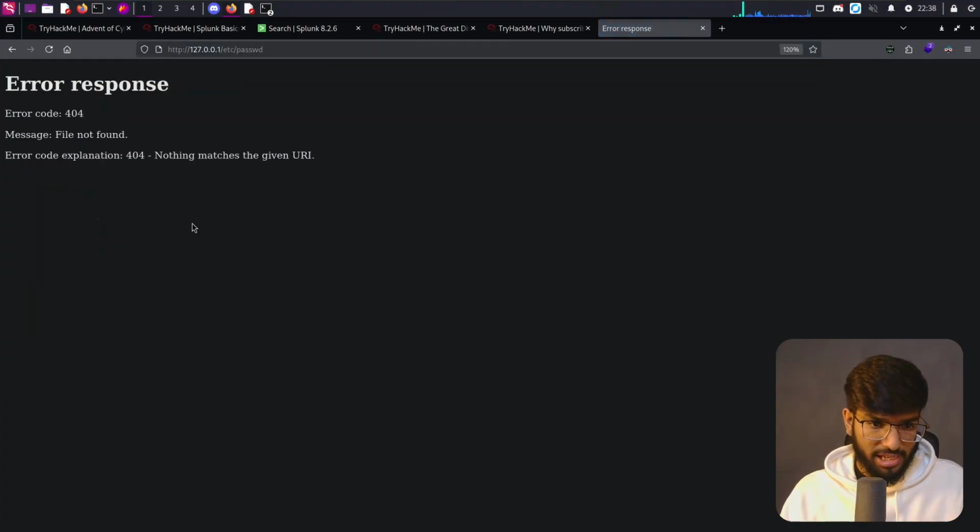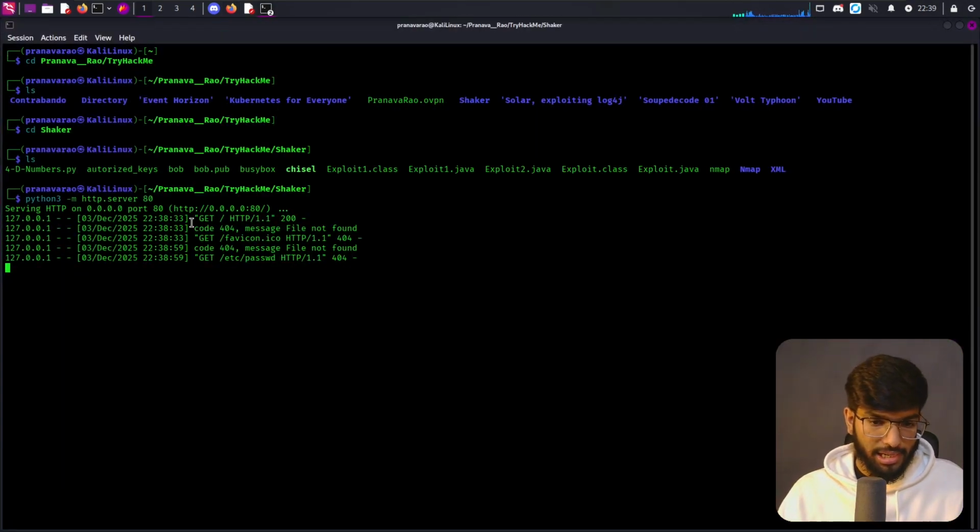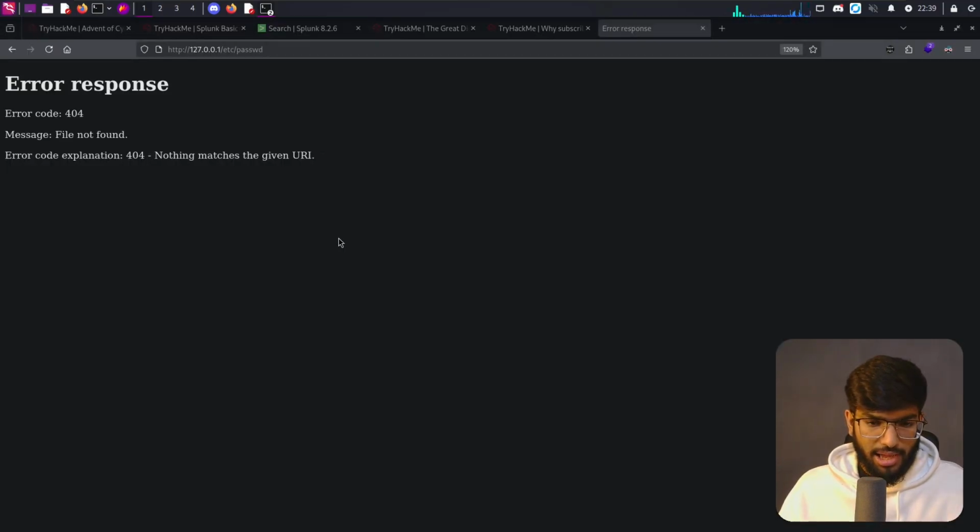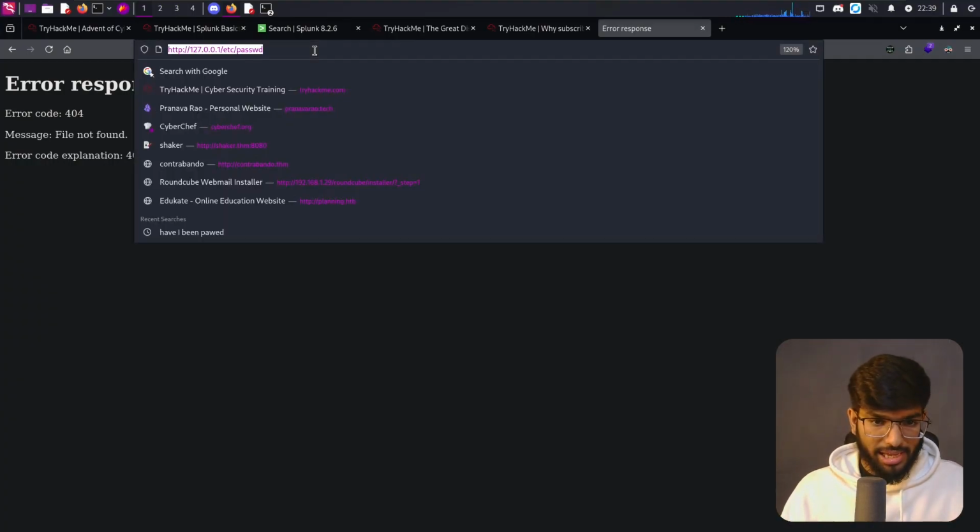Pressing enter, it says 404, meaning it did not find it, because Python basically doesn't allow us to get the etc passwd file. Again, if you had URL encoded it, it would have just shown it to us. But in our case, because Python is going to ignore all those ../ parameters, we are not able to access it. But that actually is